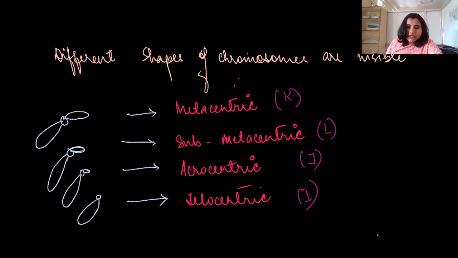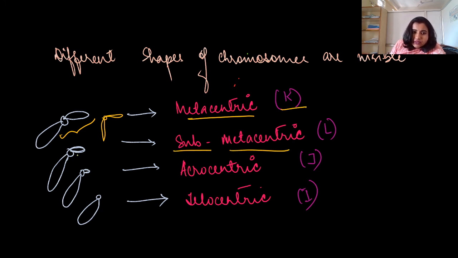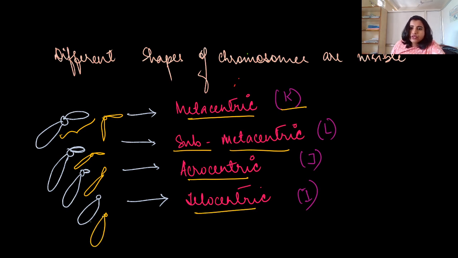This is anaphase, and in this phase we can see different shapes of chromosomes. These shapes we call metacentric, as it looks like a K kind of thing, so we call it K shaped. Submetacentric, this is L shaped. Acrocentric, small like this, and this is telocentric with no end. So these are the shapes which we can see at anaphase.